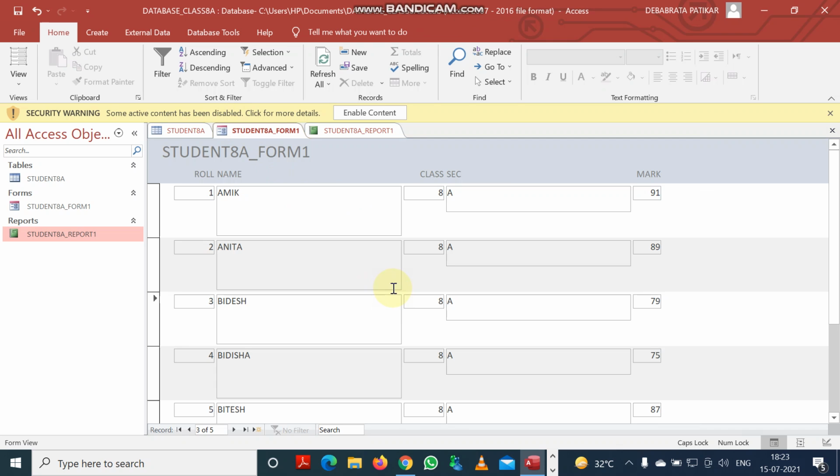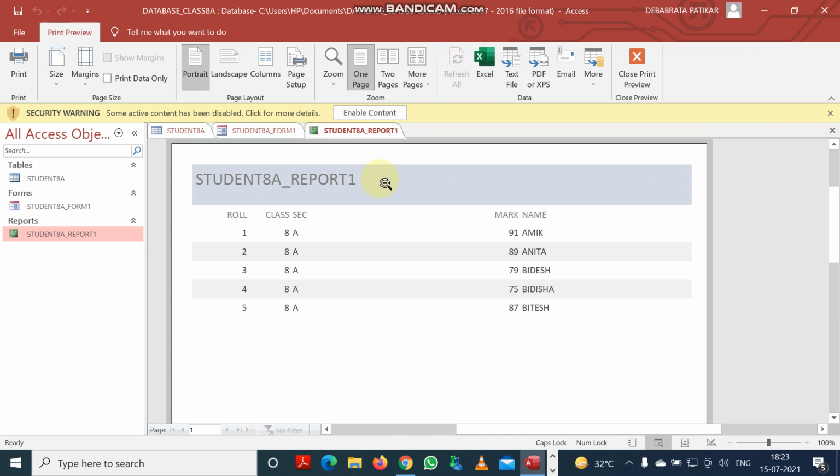So you can tell a form is a representation of a table. A form is a layout of the table data where we can change and modify the data. For that reason a form is created. But a report is the final data representation of a table. A report is made to give the final output of table data to the organization to make decisions. In the form you can modify and change data. In the report you cannot change or modify data.